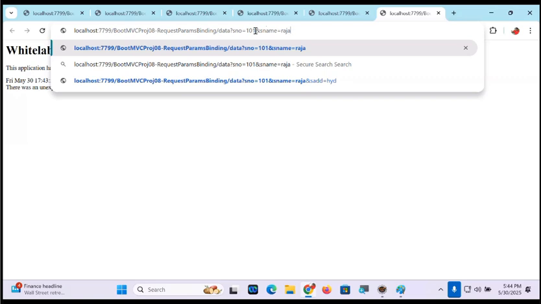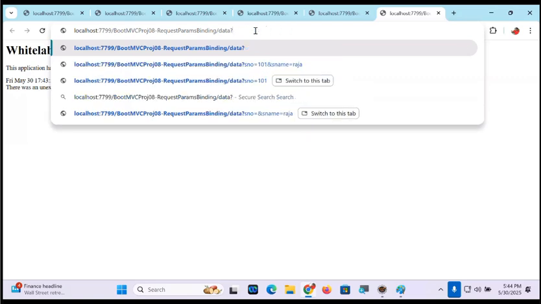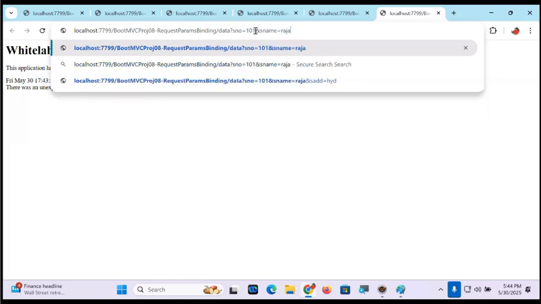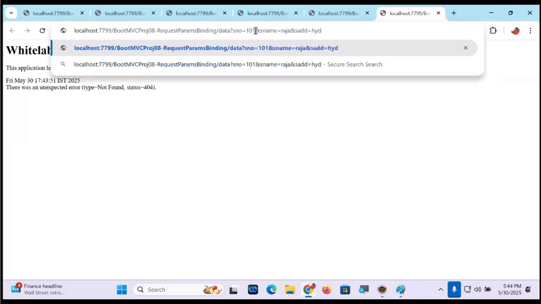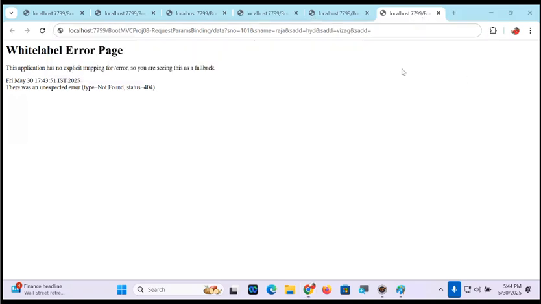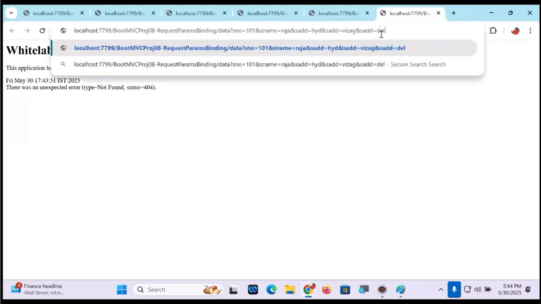Okay, here, what is the story we have to focus on, guys? SADD is equal to Hyderabad. SADD is equal to Vizag. Ampersand, SADD is equal to, what is there, guys? Delhi.